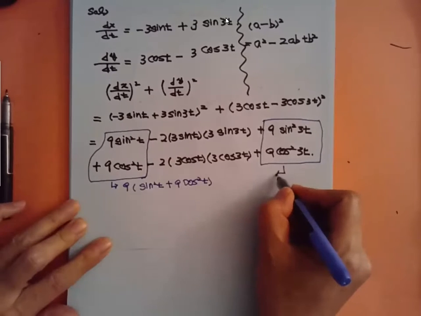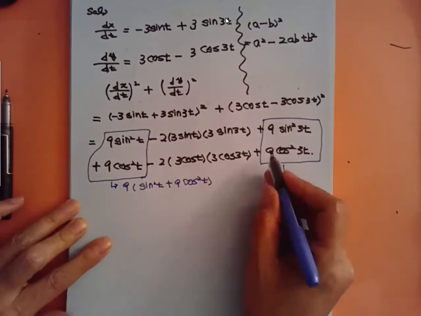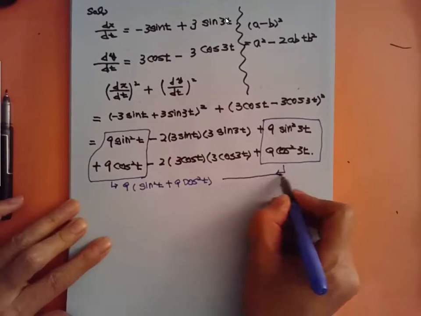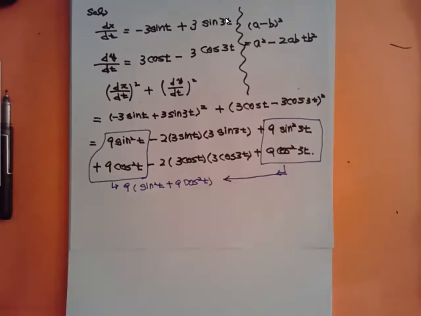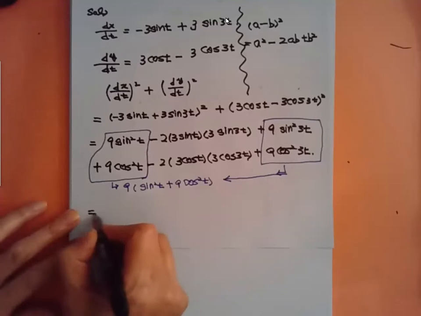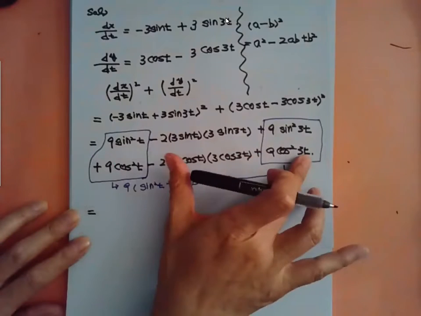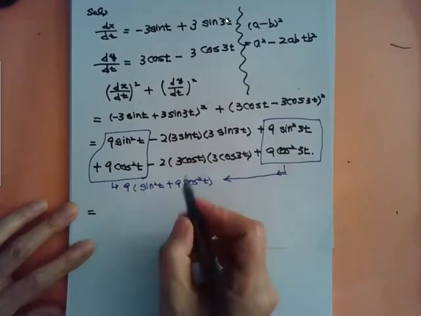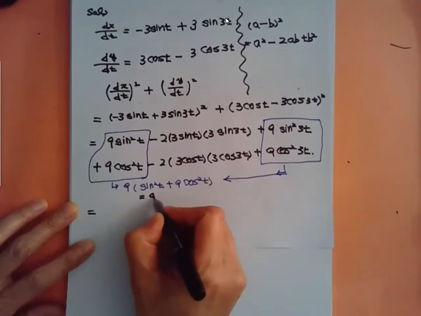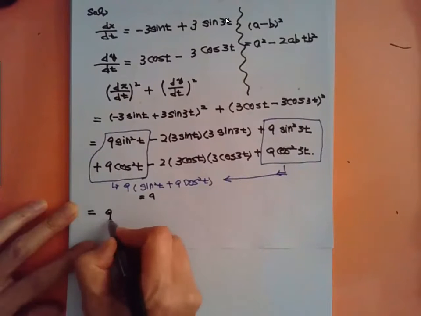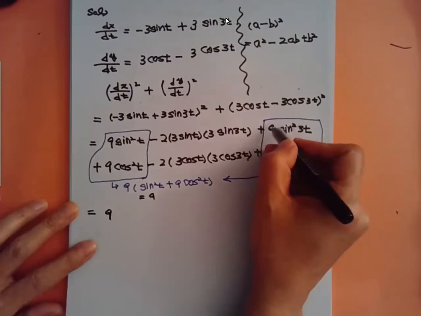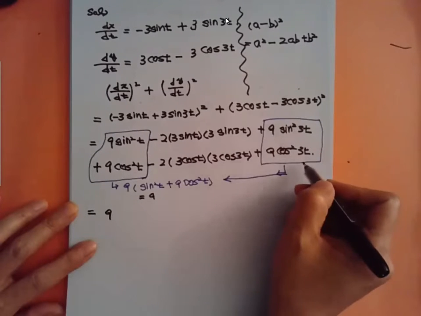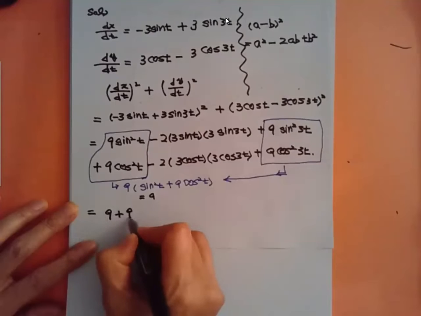And we have exactly the same thing from here. So each one will produce 9. So both are 9, so 9 plus 9